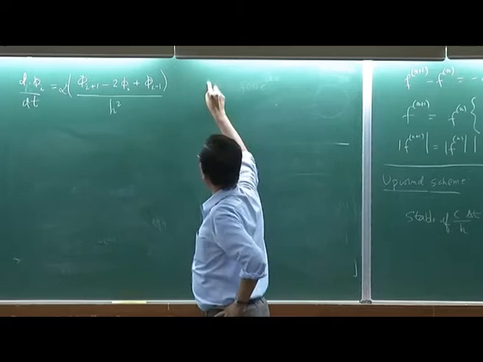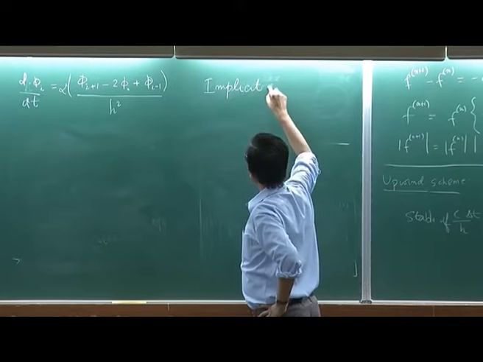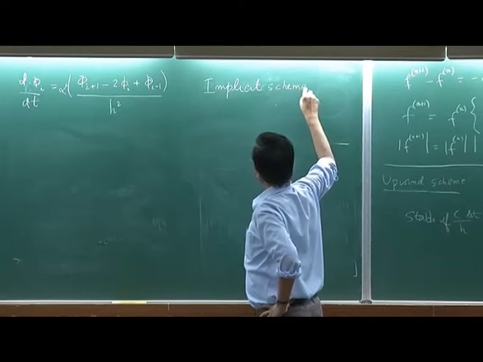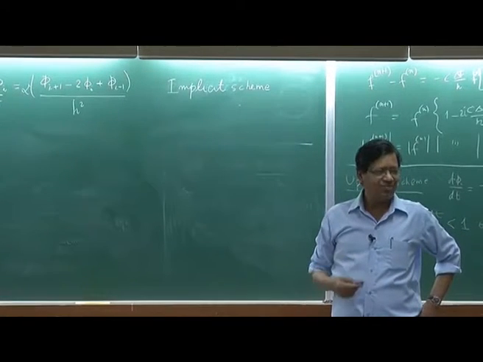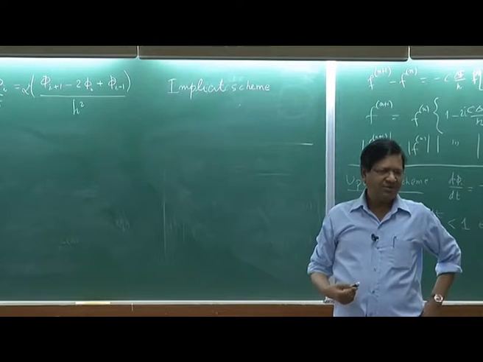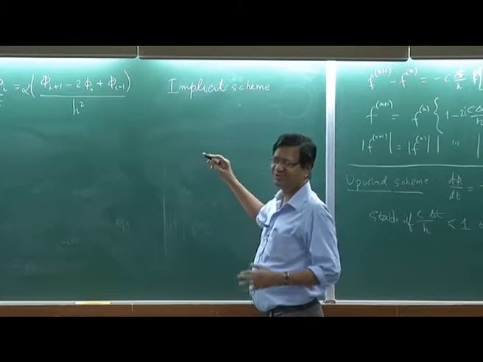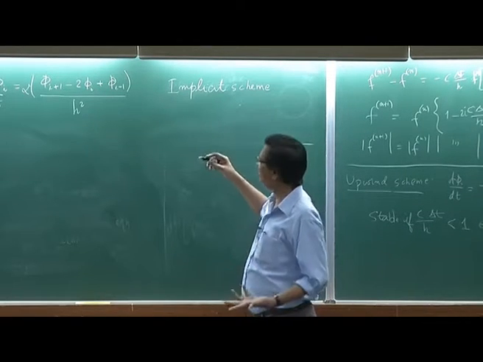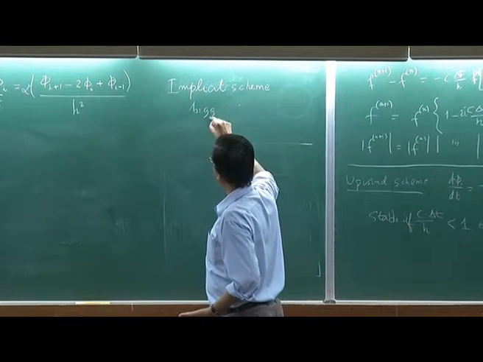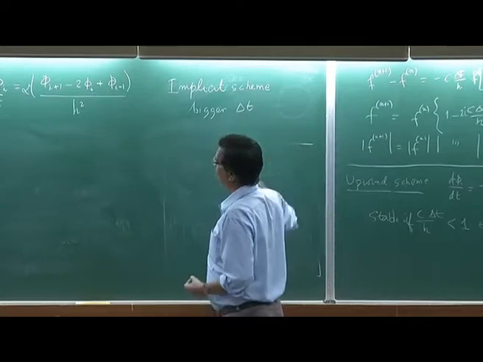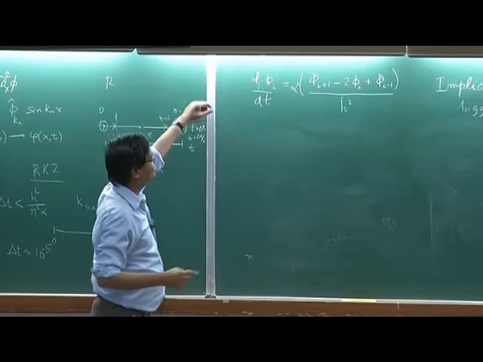Now, I told all that not just for fun. So, we can use implicit scheme which is called Crank-Nicolson scheme. Okay. So, this is generally more stable, means you can use delta t which is bigger. These are without proofs, but these are technology. This is what a numerical scientist should know. You can use bigger delta t, but also it has a price. You can immediately see what is going to be the problem.